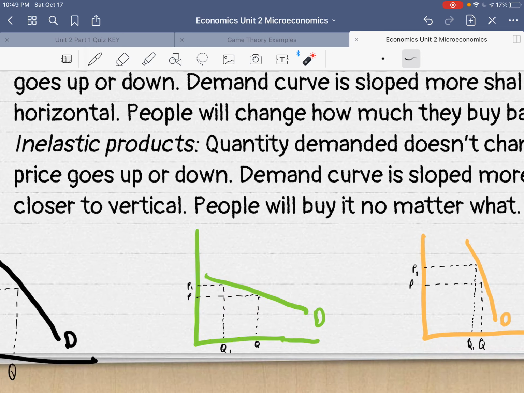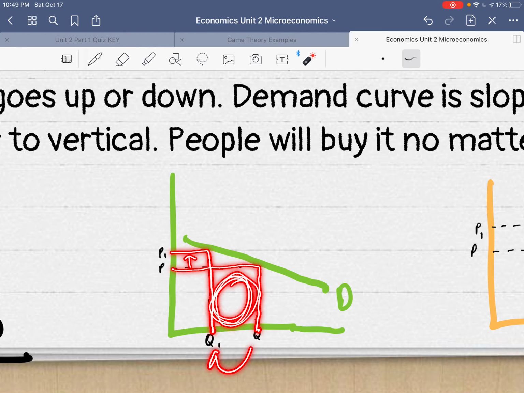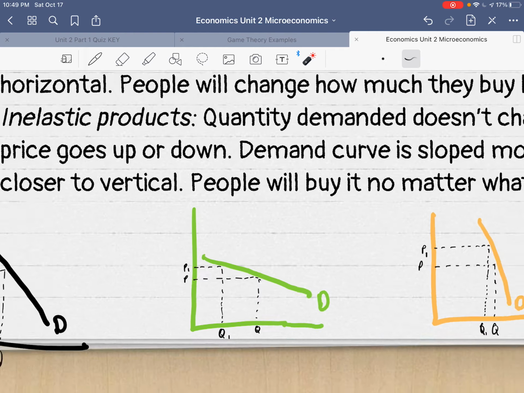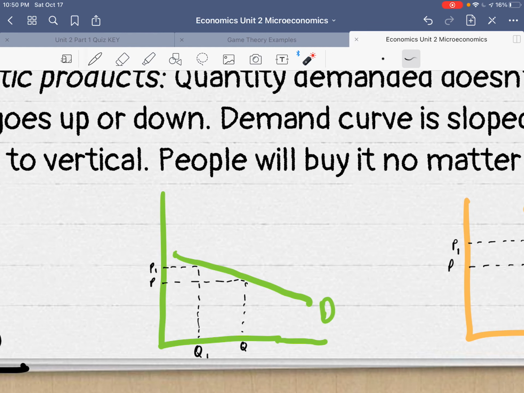So you see I've made a price equilibrium here. Actually, let me zoom in. Okay, so this was our original price. I increased the price of the good. And what happened? I get this massive gap of quantity demanded. Quantity demanded decreased a bunch. So when the price went up, people really changed how much they bought. If I did it differently, if I made the price go down,